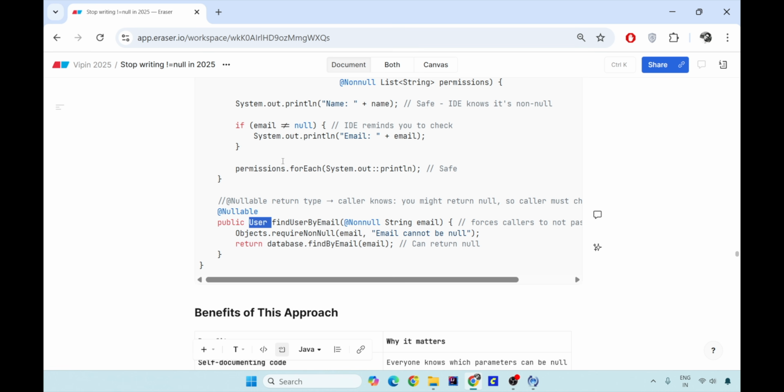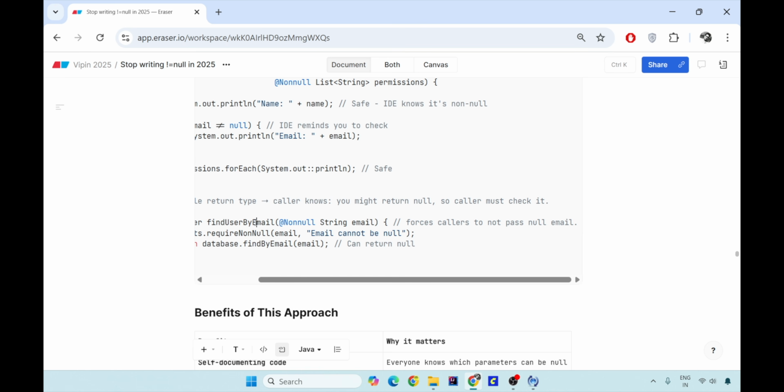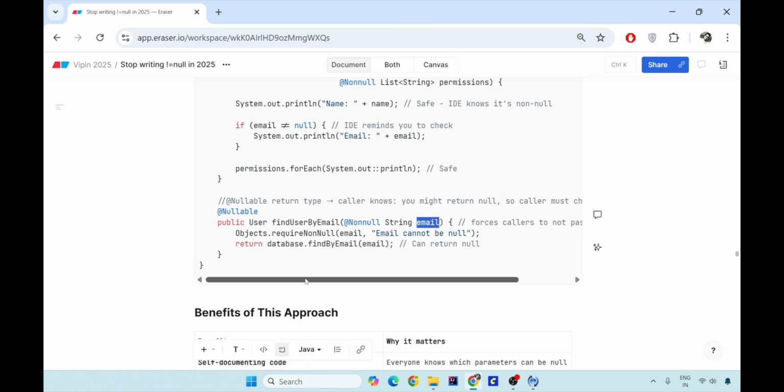This is the task of the IDE and the compiler, to make sure at compile time itself. And if you mark a parameter as @NotNull, it forces the caller not to pass email as null. If they pass findUserByEmail(null), the compiler will then and there give you a compilation error.